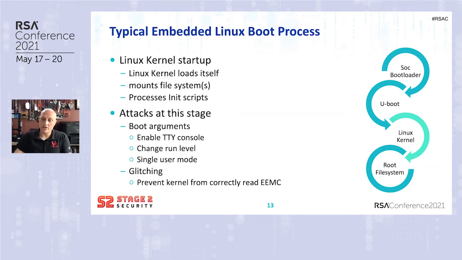And then at that point, you could end your glitch on the data line so it can work, and then manually mount the file system and run whatever attacks you have there, because you've got a console now, right? You basically glitch it in a way to prevent it from doing something and hope that it falls back into some kind of safe mode. That did not work against this processor.